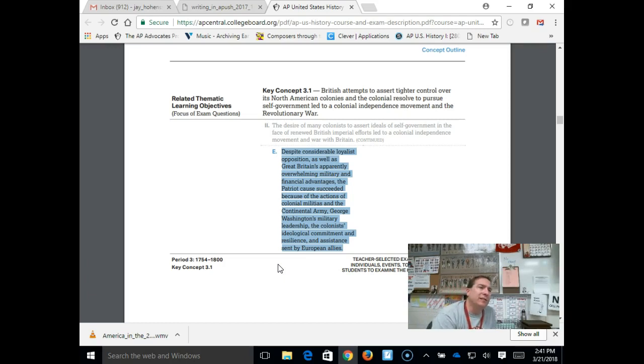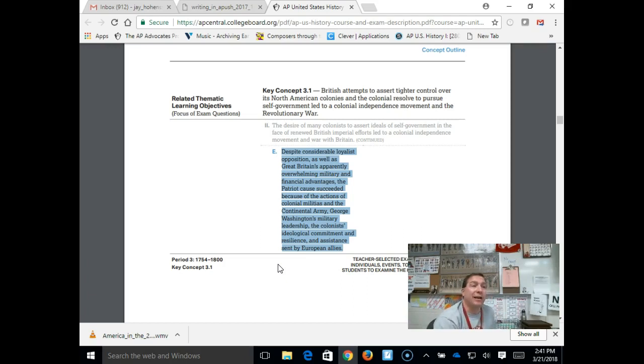When Jefferson writes the Declaration of Independence, he incorporates John Locke's ideas, saying things like all men are granted the right to life, liberty, pursuit of happiness. These rights are inalienable. The government's job is to protect those rights, and so he's taking John Locke's philosophy and making it into a real government.